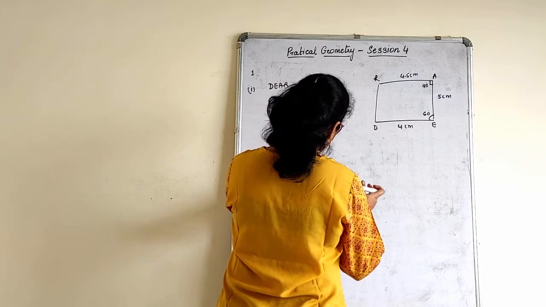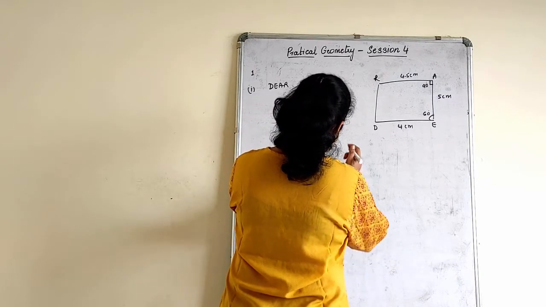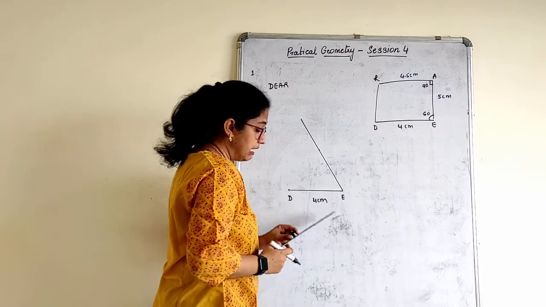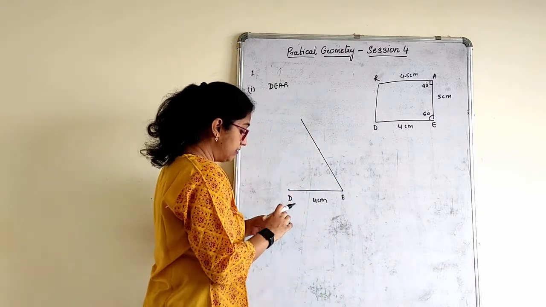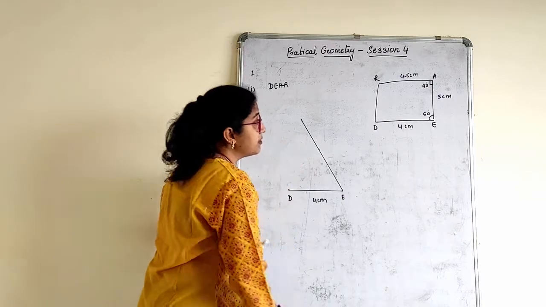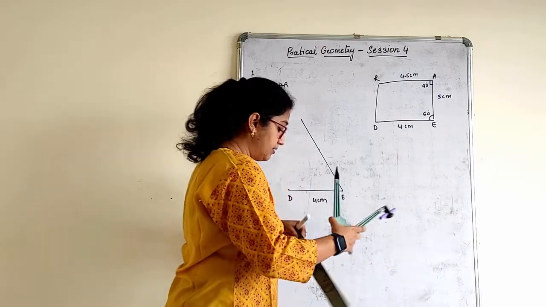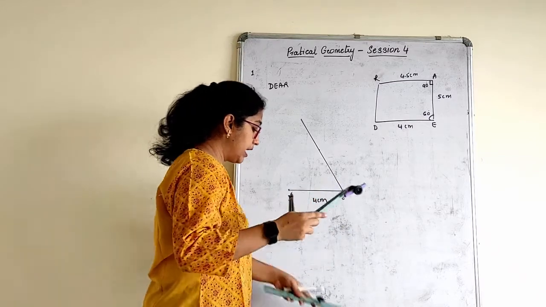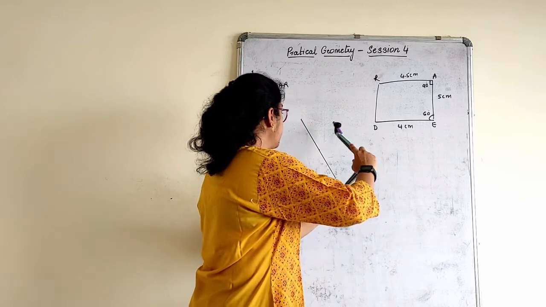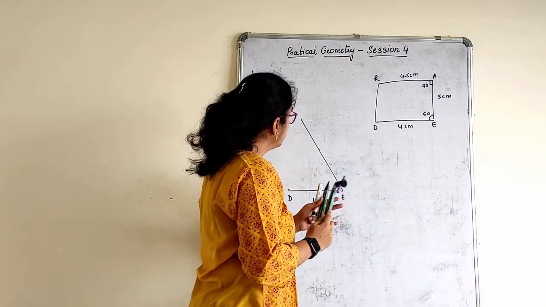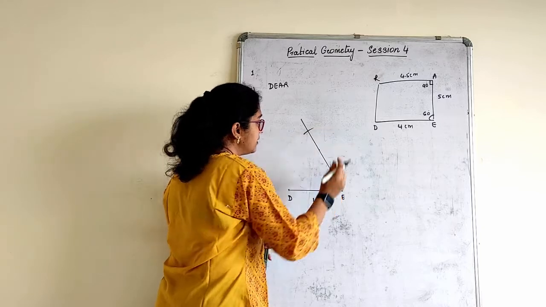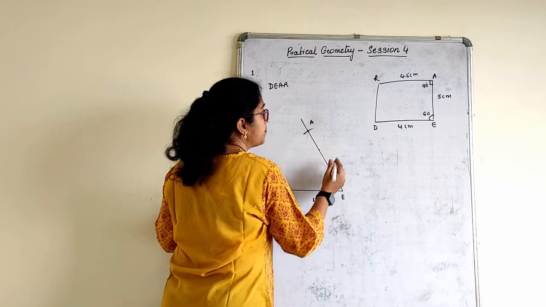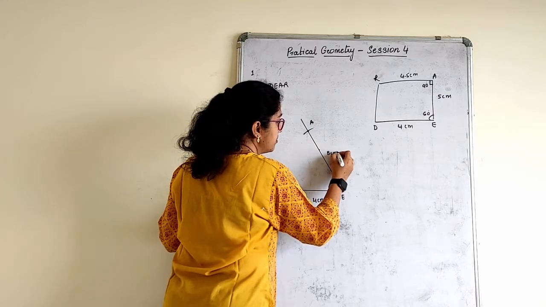Draw a line. Okay, that line where you have drawn 60 degree, that measures 5 cm, right? So on your compass, mark for 5 cm and cut an arc of 5 cm from here. It comes here. So my arc is here. I got it. This point is A and this is 5 cm.